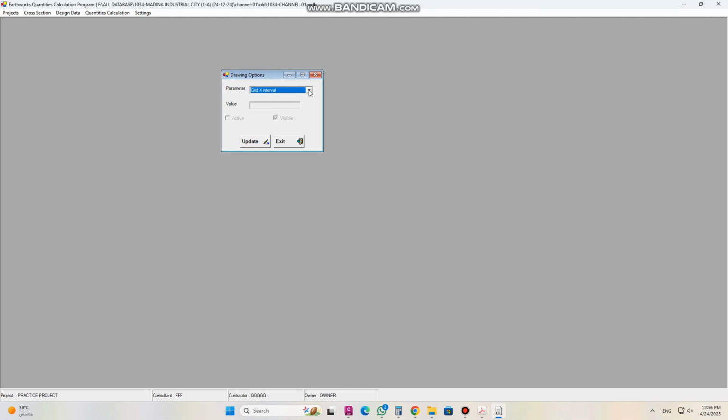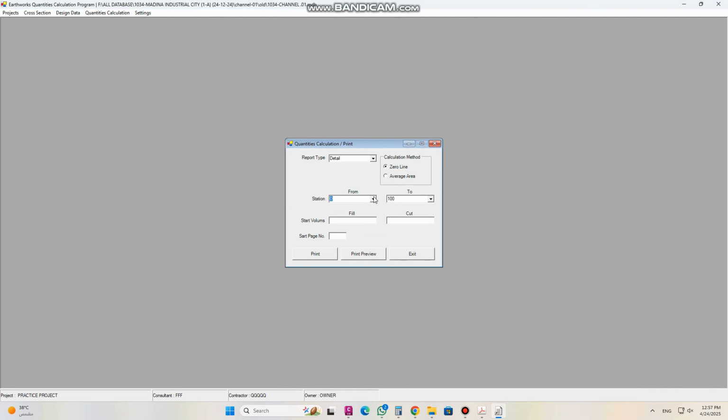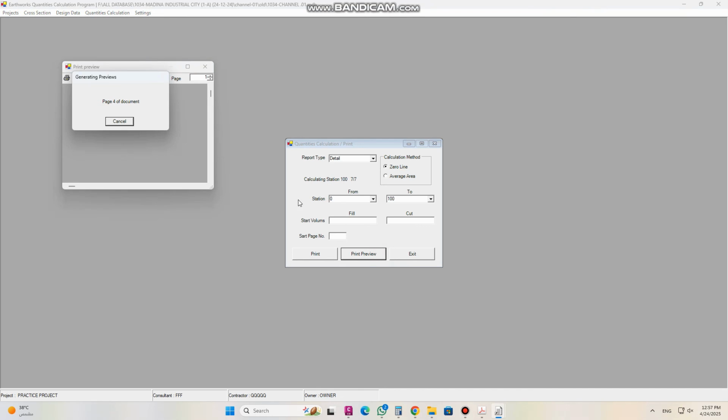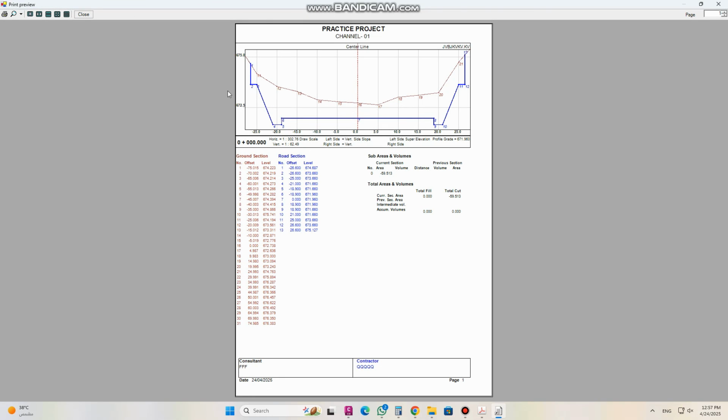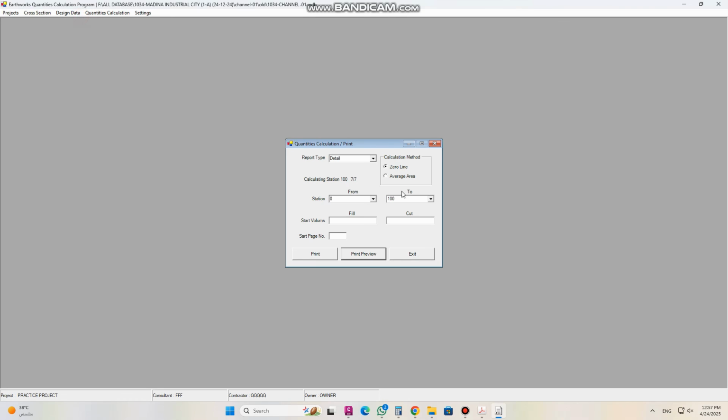From the drawing option, you can click on update if you want to change the X scale, and from here the Y scale, as we saw in the cross section. I check the cross section here. This scale, this is the graph scale. You can increase or decrease